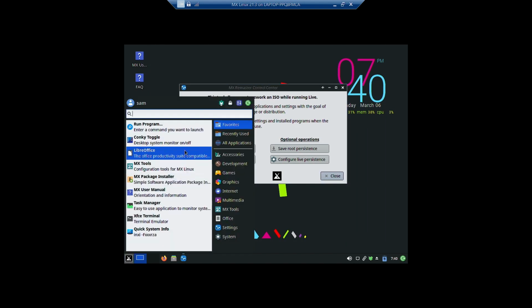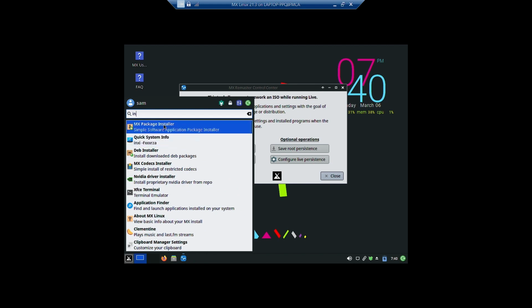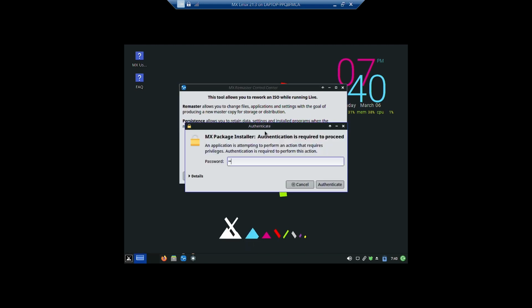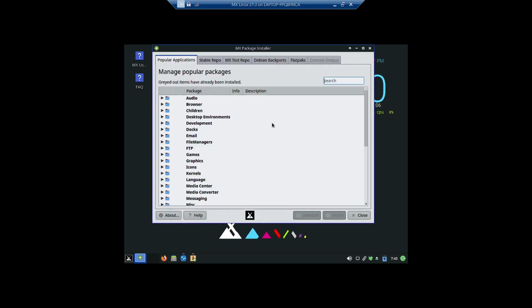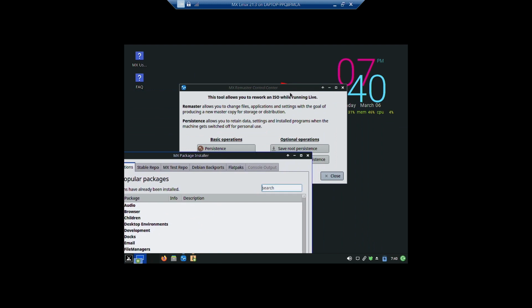Plus you can see it here. The MX package installer is also there. So using the MX package installer, you can install many popular apps. So if you click here, where was the welcome screen? So the welcome screen also has a,